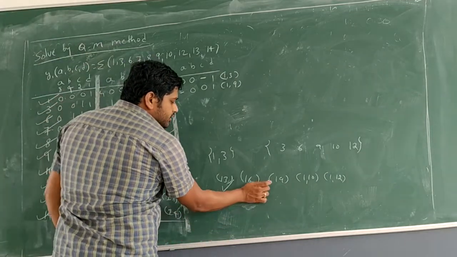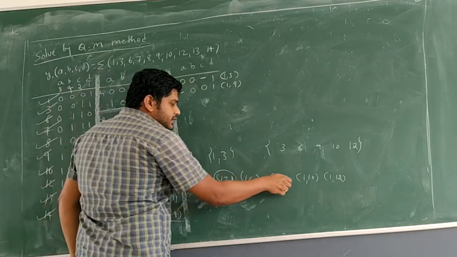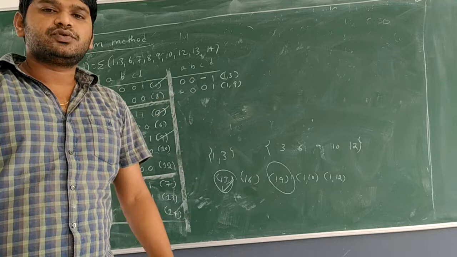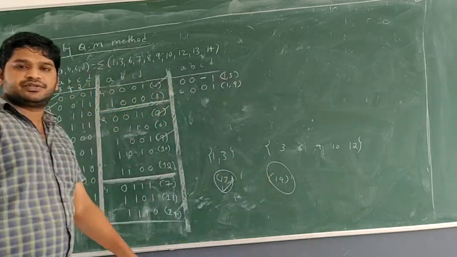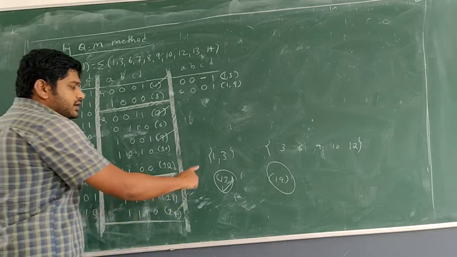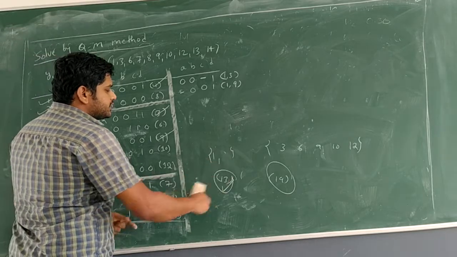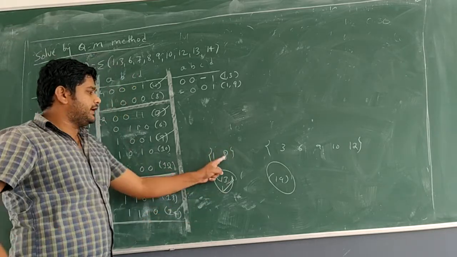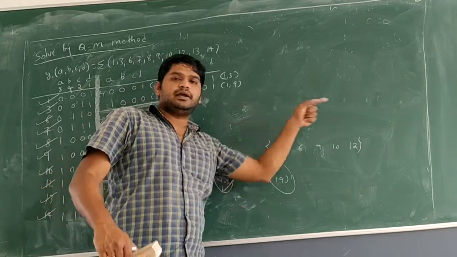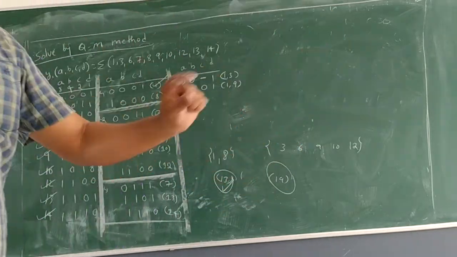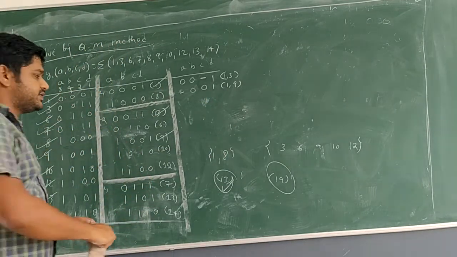Okay, but what are the two things which got promoted for the next step? First is 1 3, next is 1 9. So what about the remaining? Remaining are not yet finished. So what is one more possibility? 8. 8 3, 8 6, 8 9, 8 10, 8 12. These again we still have to consider in the same level of L1 with L2 comparison.